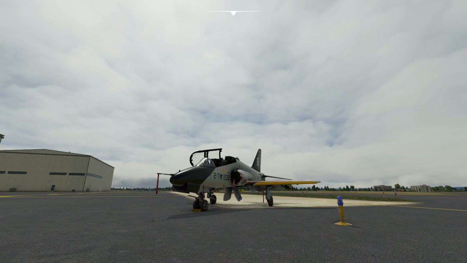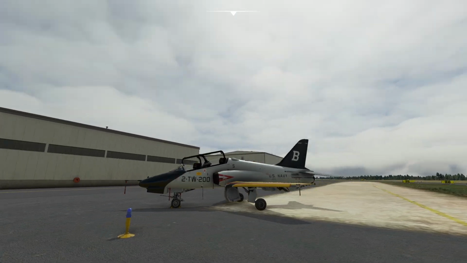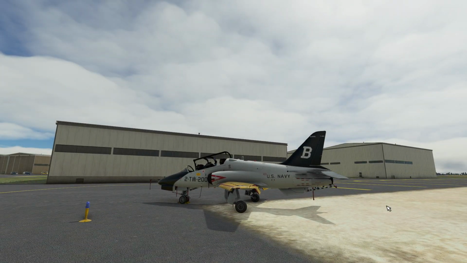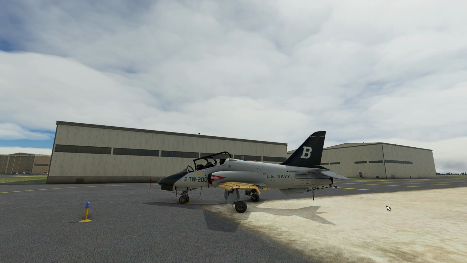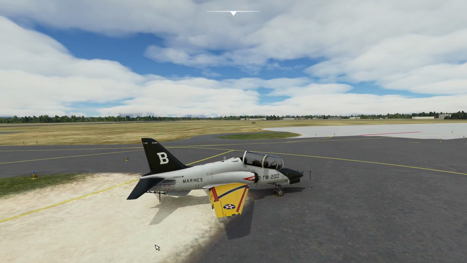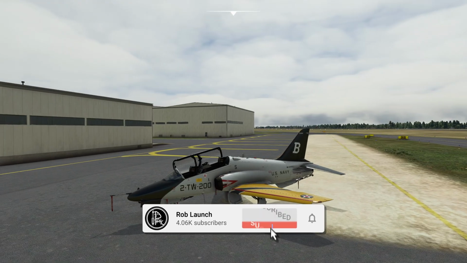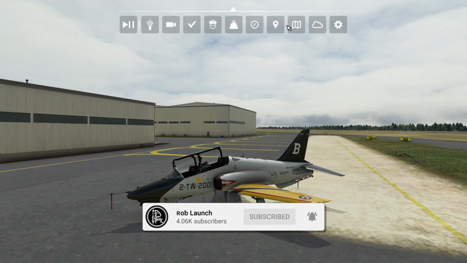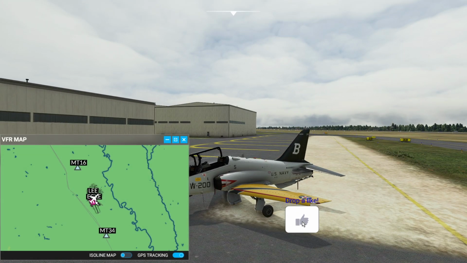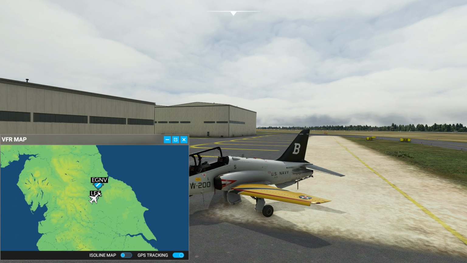Right guys, hello and welcome back to Microsoft Flight Simulator, and today we are checking out the T-45C. It's a Hawker jet anyway, that's how I know it. But anyway, there's a reason behind checking this out today, because I actually drove past this airport, Leeming RAF Base. I actually saw one of these circling around and land today, so I thought we'd